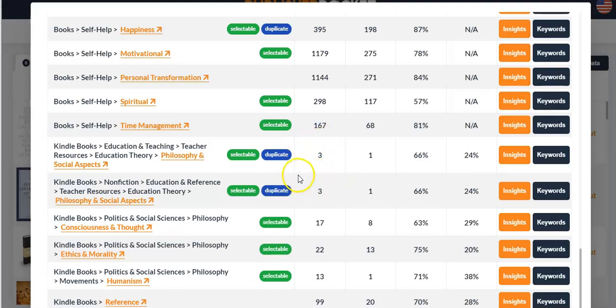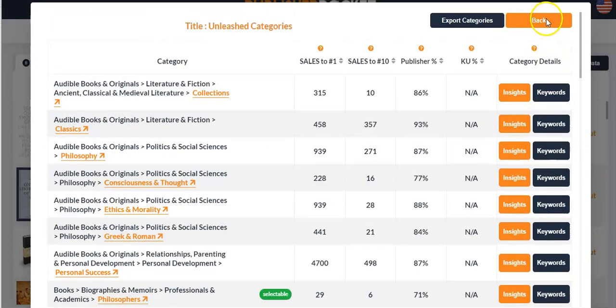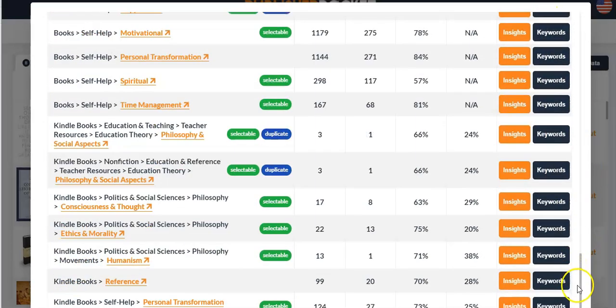Okay, now we're getting... only 3 to get down to number 1. Well, I think that's what we got to, oh, and that's Kindle books again.